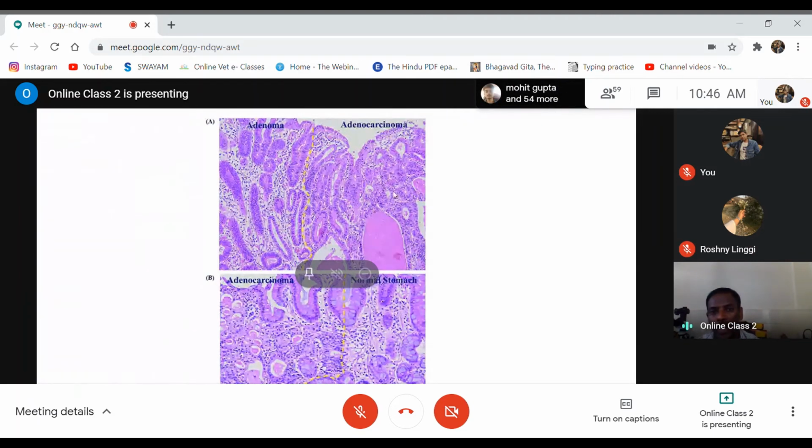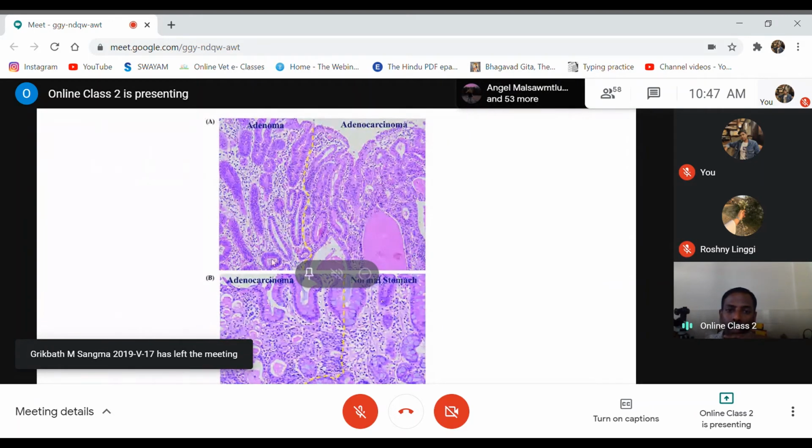Then if you come to this side, you can find the glandular pattern is still there, but it is totally disorganized. I have put this picture to show you how to differentiate different types of a normal stomach structure, then adenoma, where you can find it's more or less normal, but still the type of the cell, see the cell's shape here. It's more of a globulate cell here, but you can find the globulate cell is not there, only the glandular epithelial cells are there.